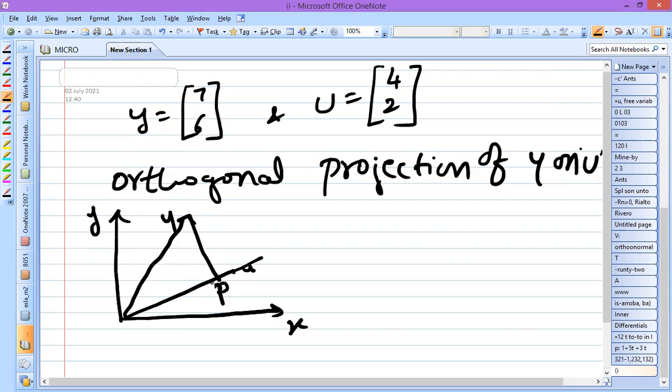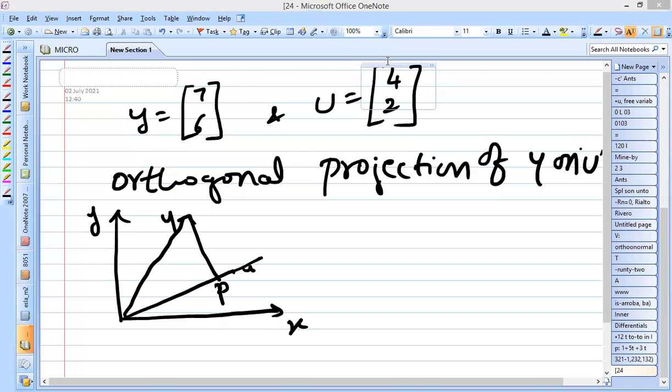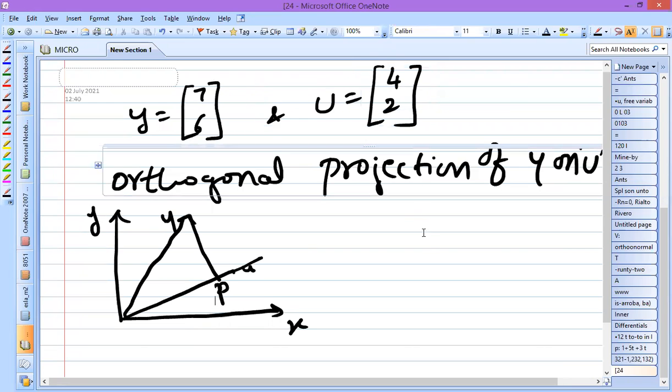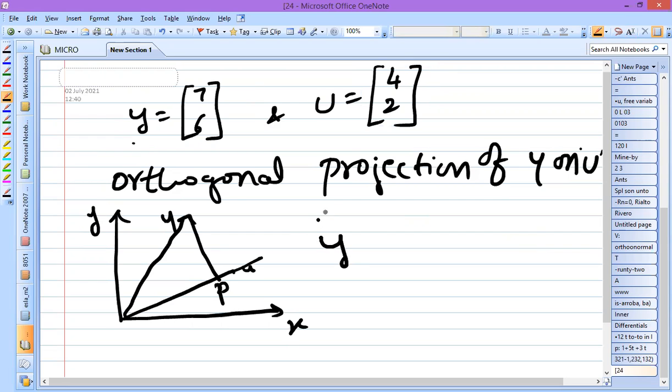Since we are asked to calculate the projection of y on u, we go step by step. First we have to calculate the scalar multiple quantity, that is x vector. Here instead of x vector we are given y vector, the scalar multiple taken for defining the projection. So first I'll write the equation of projection. P is equal to x vector into a, this equation we had, right?